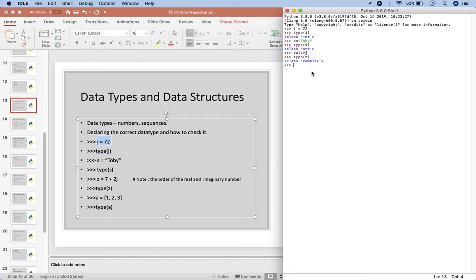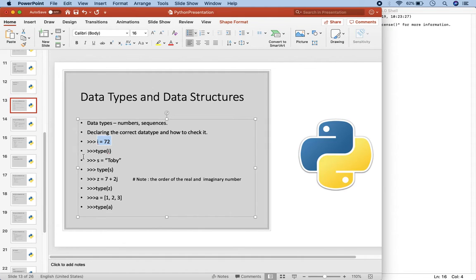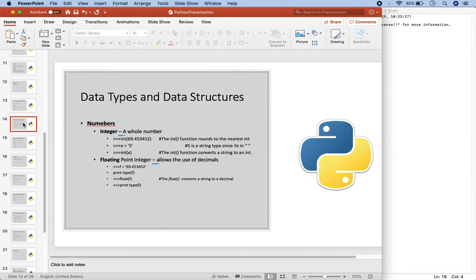And then lastly, we'll declare a, which is a list of integers. And we'll say type. Type of object A is a list. Okay, let's take a look a little bit closer at